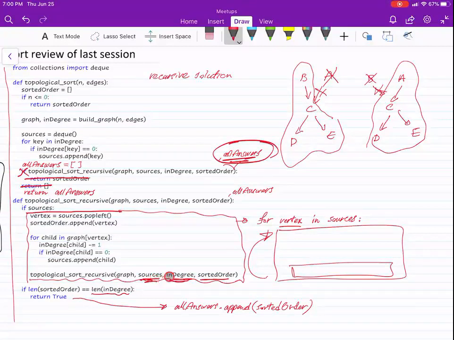But in terms of interview, you can do it first by copying. I'm copying here, sources.copy, and I put this in sources copy, in-degree copies, and then I will do all of the changes in the copy. And I will pass the copies to this call. And then next round, I have the original one, right? Again, I will copy them and do changes. I'm actually bypassing the backtracking difficulties, okay? But you do this first and then say, okay, I can improve this by backtracking,